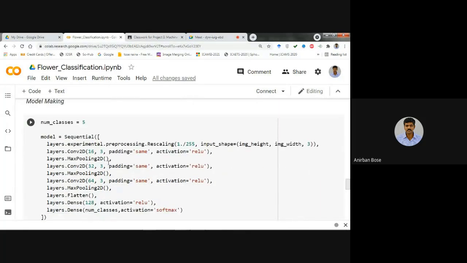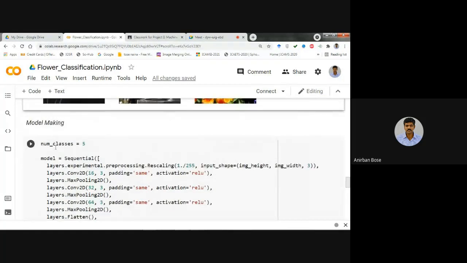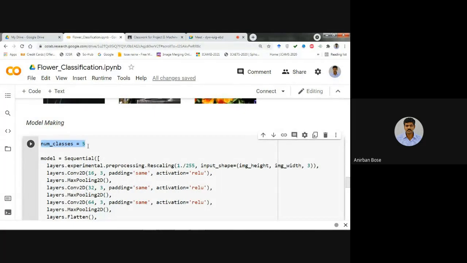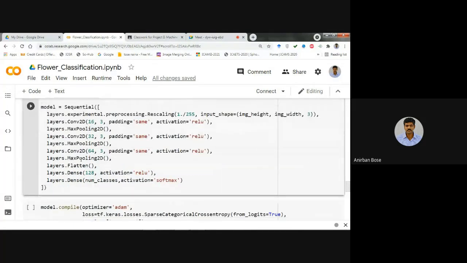Now the model making part. That is very straightforward. The number of classes is basically 5 here. Then you have created the model using Sequential. You see the convolution layers, how many convolution layers can you see, 1, 2, 3 convolution layers.